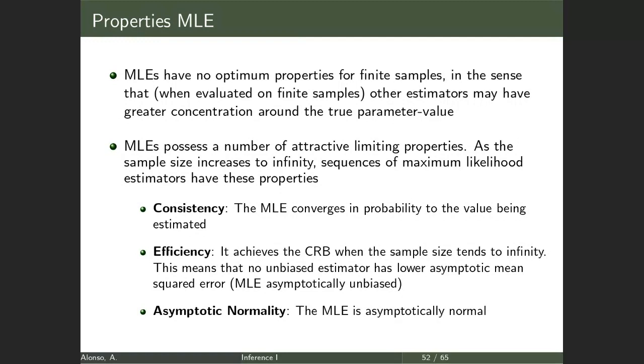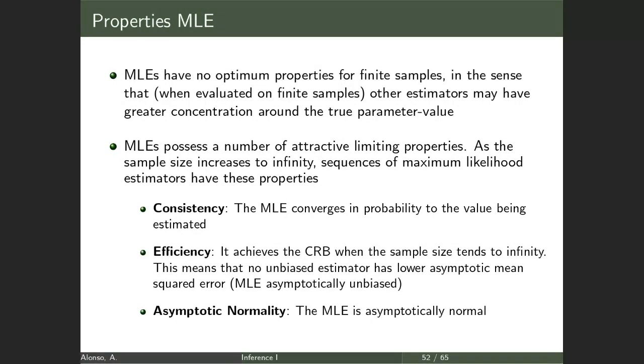When you are in finite samples, it doesn't necessarily have any optimal property, in the sense that you may have other estimators that beat it because they have, for instance, a smaller mean square error. They concentrate more closely around the true value. So in finite samples, the properties of the maximum likelihood estimators are not necessarily optimal. They may still be pretty good, but